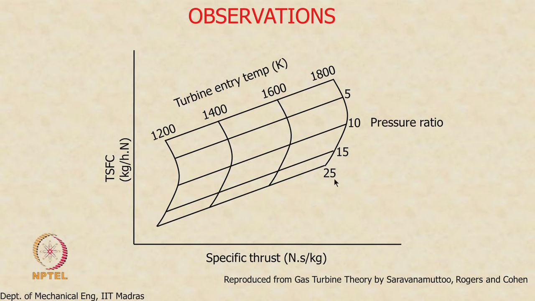But what happens to the fuel consumption? As we inferred from our earlier view graph, fuel consumption continuously decreases as I increase the pressure ratio. That was something that we said was unambiguous, and you can see that from this curve also. So, for a given turbine entry temperature, any value here, the fuel consumption decreases like this. Notice that what we have plotted here is actually thrust specific fuel consumption and not exactly fuel consumption.